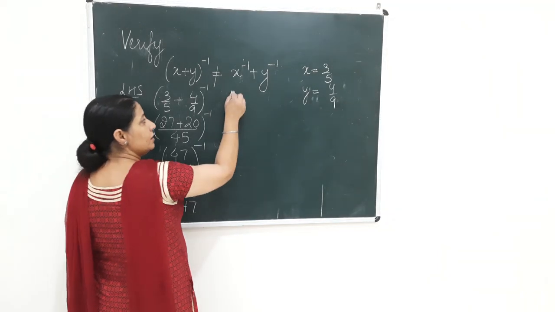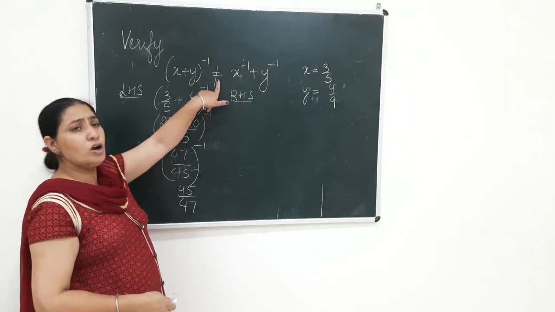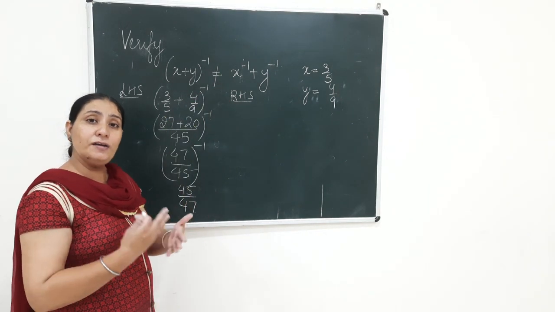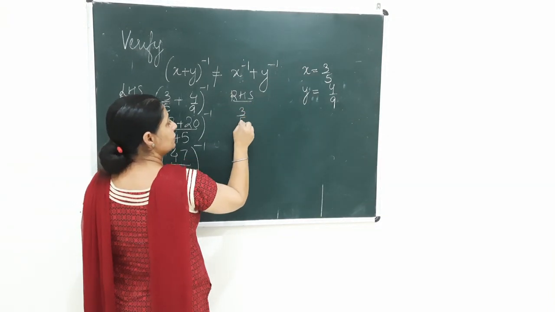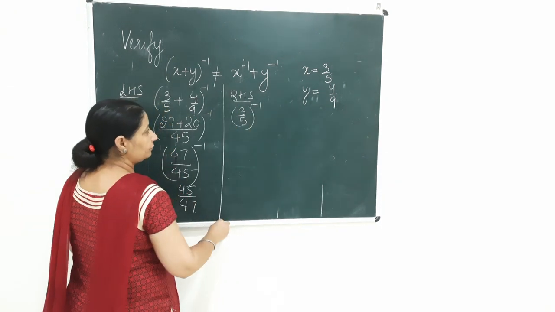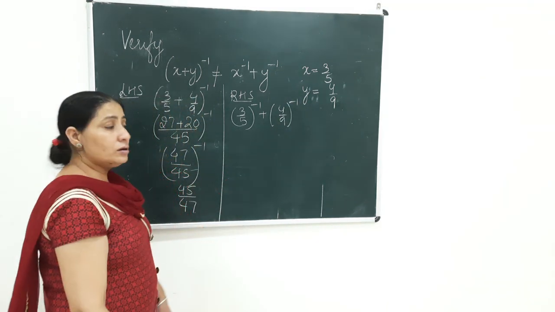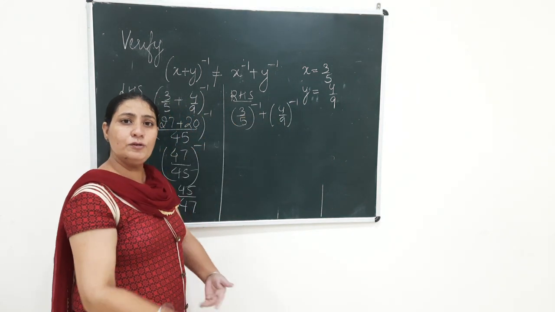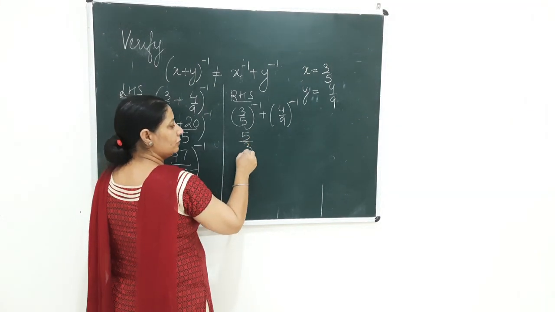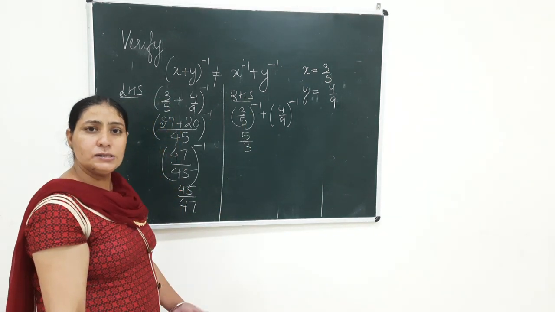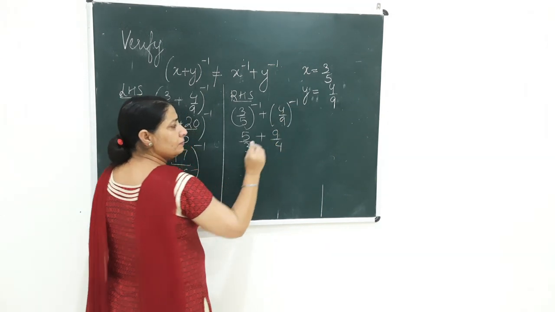Now let me see whether the right hand side is equal to this or is it not equal? Because what is claimed is that it should not be equal. So that is the verification. Let me take x. What is my x beta? That is 3 by 5 raised to power minus 1. And what is my y? My y is 4 by 9 raised to power minus 1. Again you know that if the power is negative, we will reciprocate it and it becomes positive. So 3 by 5, the reciprocal of this will become 5 by 3, and now the power is positive. Similarly beta, if you take 4 by 9 and take the reciprocal, this will become 9 by 4.